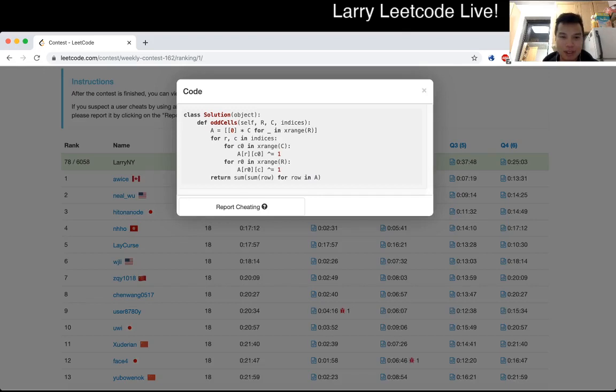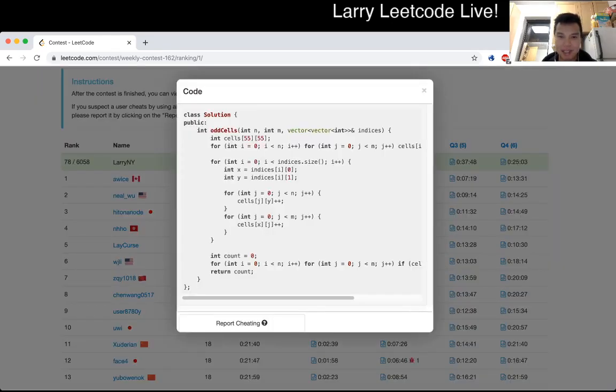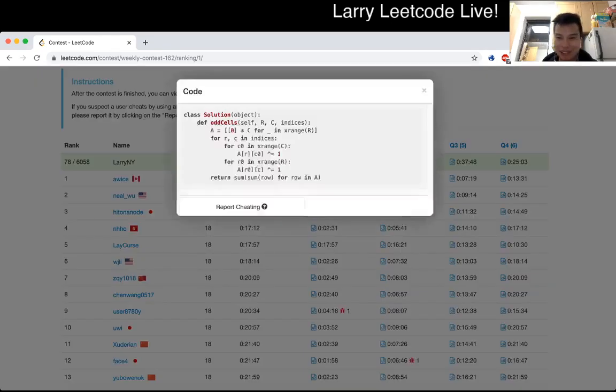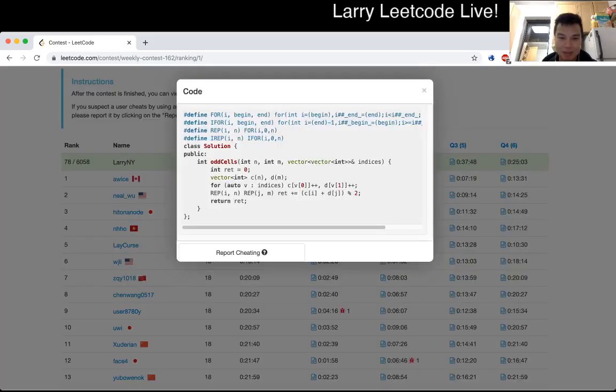Cool. Oh, okay. This is actually smart. It just sums up the entire matrix, in terms of coding, anyway. I'm only a minute behind, which I guess adds up if you're really top, but for me, it's okay. It shifts from 1 to 0 and then sums up the array. So that's smart. This one is the same as what I did, except for